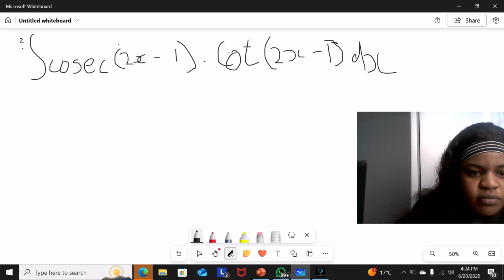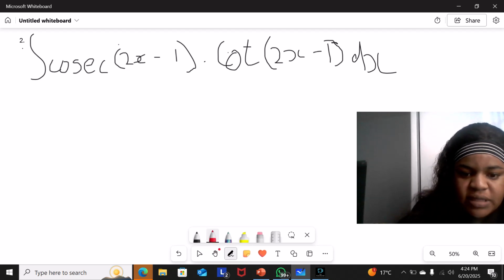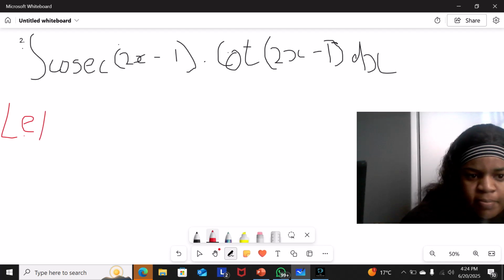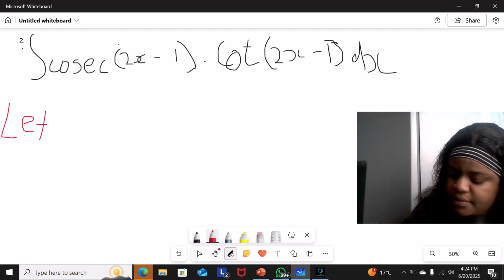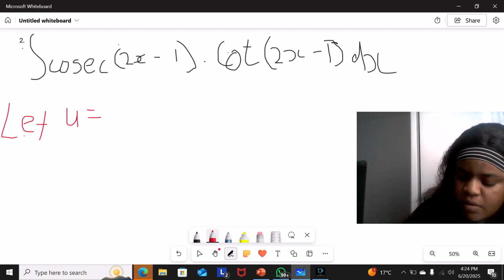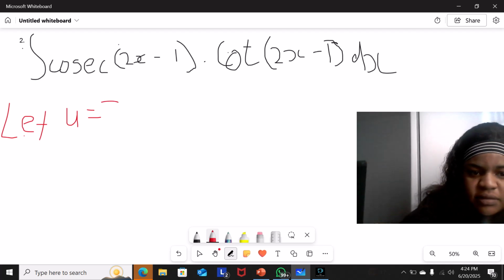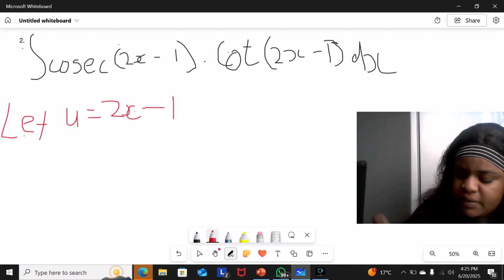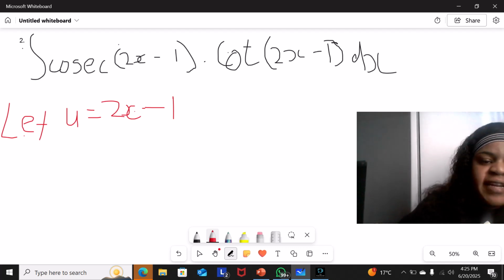Okay, let u be equals to 2x minus 1. Okay, and then I need to derive this one,